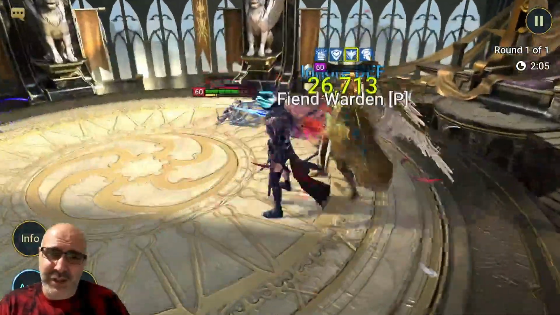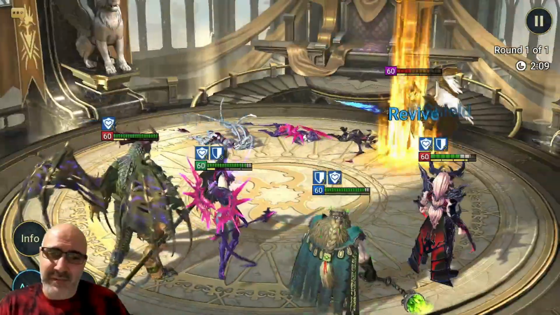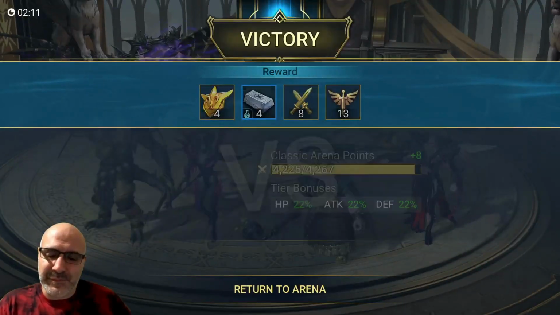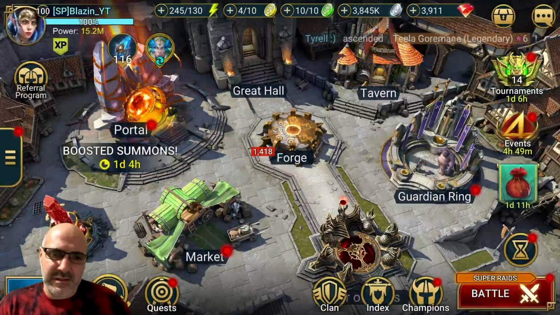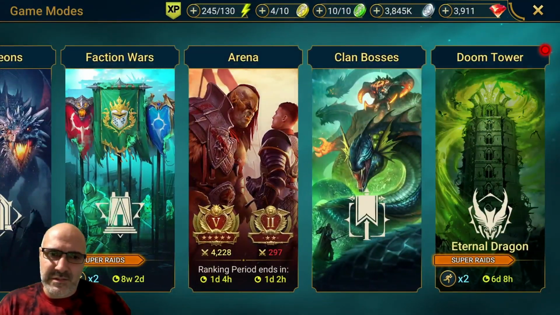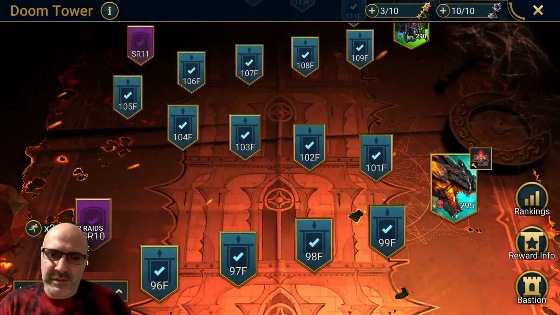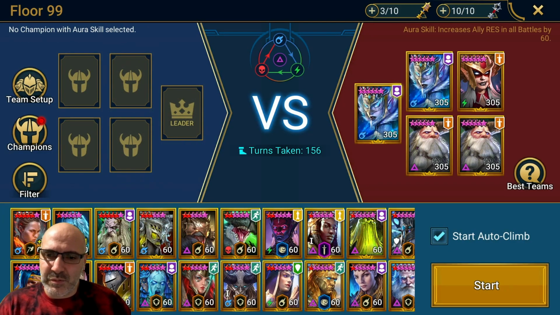That's interesting, a Cardiel in a Swift Parry set. That is the first time I've seen that. But there we go. Let's go into Doom Tower and let's see. Actually, yeah, let's go ahead. Our Doom Tower. Pick this floor. Okay, we'll put in